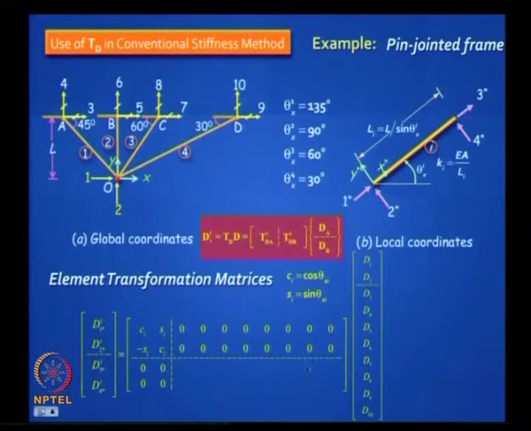Now most of the elements are 0. Let us prove it. Now how do I fill up these columns? If I want to fill up this column, what should I apply? D1 equal to 1 and everything else 0. If I want to fill up this, what should I do? D2 equal to 1, everything 0. If I want to fill up this, D3 equal to 1, everything else 0, right. Now do you not agree this box will be the same as the box we got earlier,